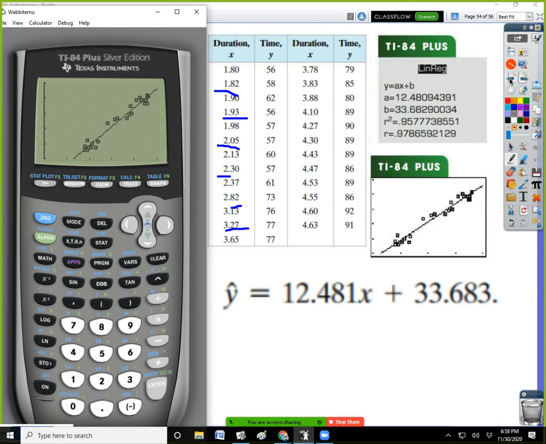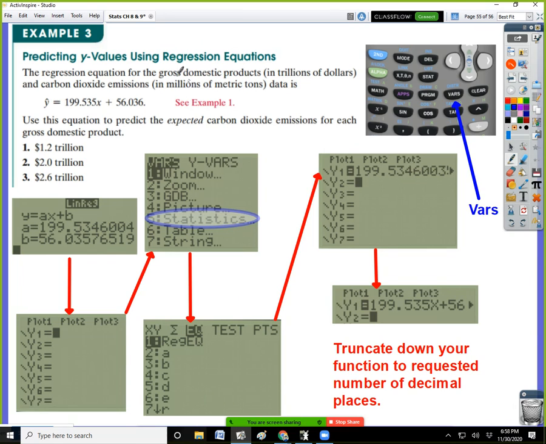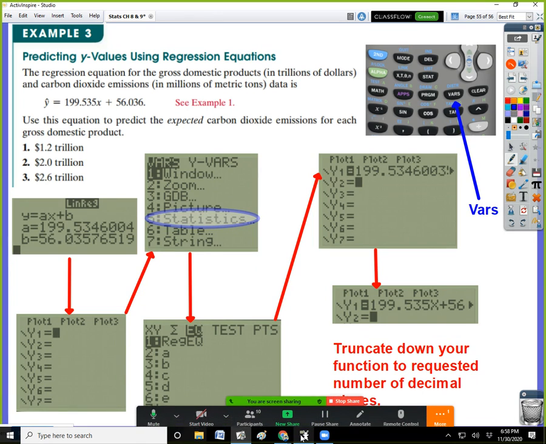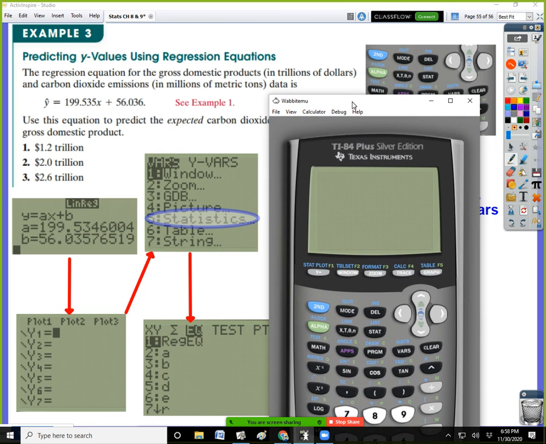All right. I need that calculator. It's handy. Okay, so predicting your Y values using regression equations. We're going to go back and use our equation. There's our Y equals 12 point, oh, different one. Let's second plus 712. So we're saying that the regression equation for the gross domestic product of carbon monoxide emissions is this. So here's my regression,